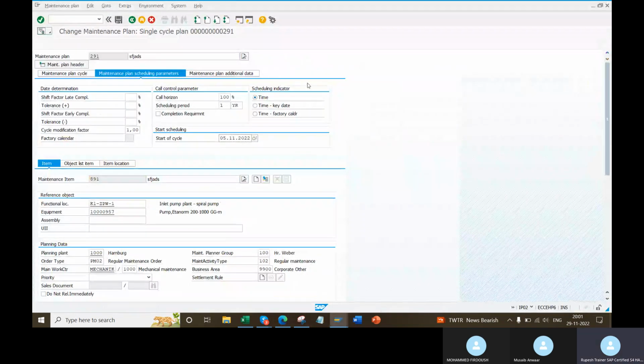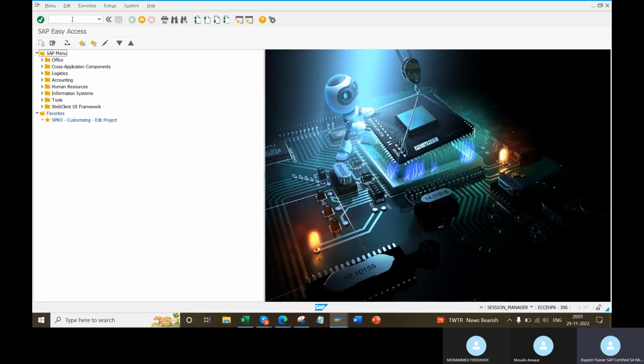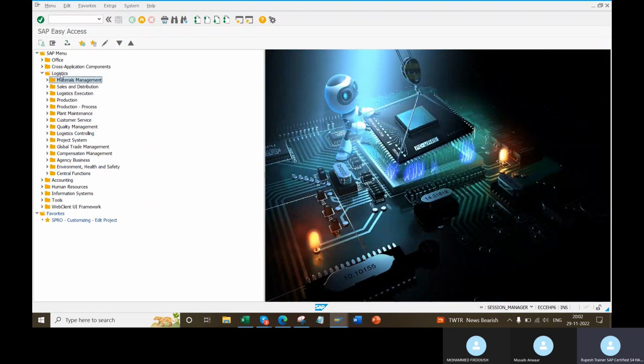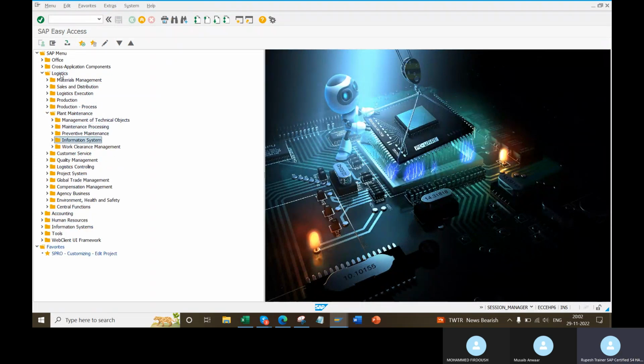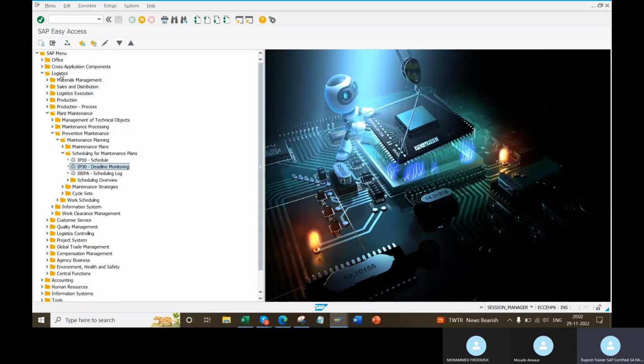the fourth tab is not there because it is not a schedule. Save it. Schedule. I can go here IP10. IP10 is the T code. You can see here also. If you have doubt, you can come and see here also. IP10 and IP30 are the T codes for scheduling. IP10 manual scheduling, IP30 deadline, that we'll discuss later.